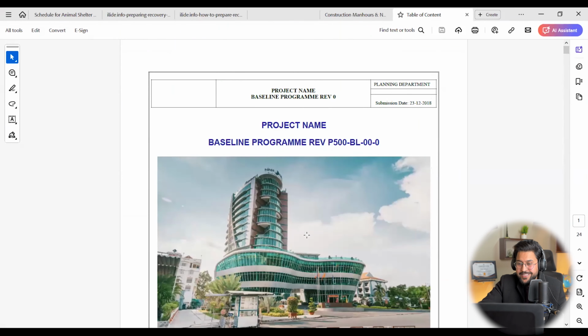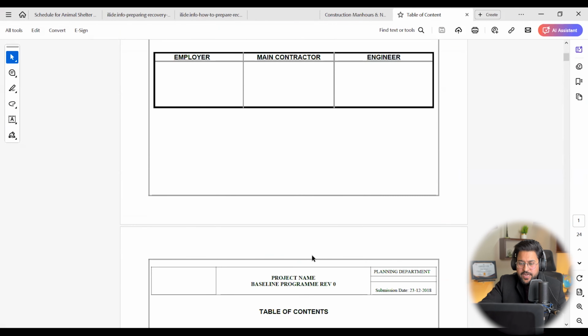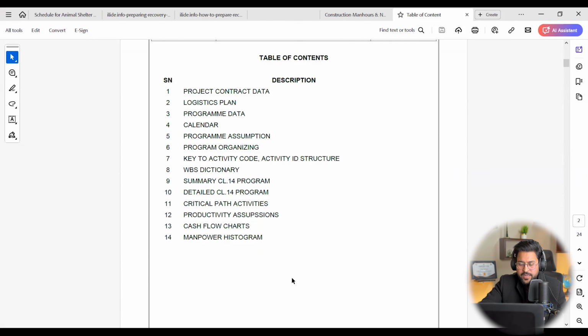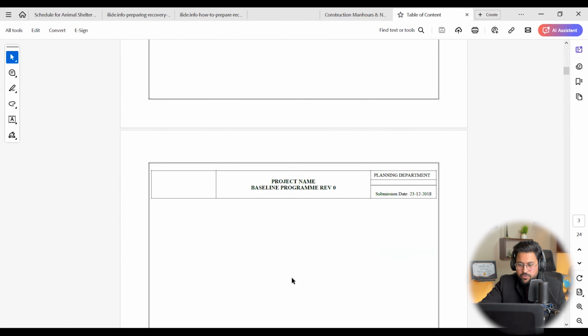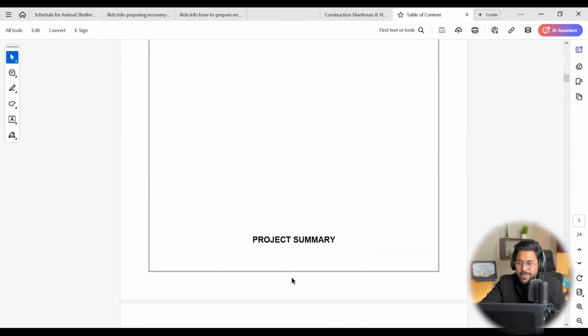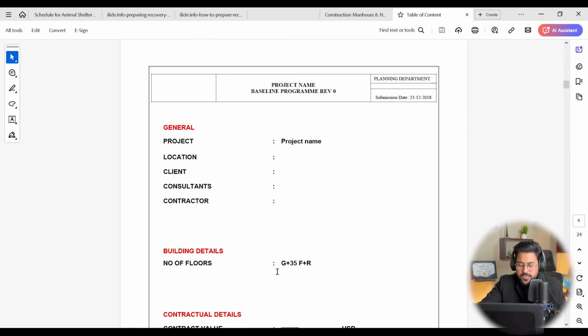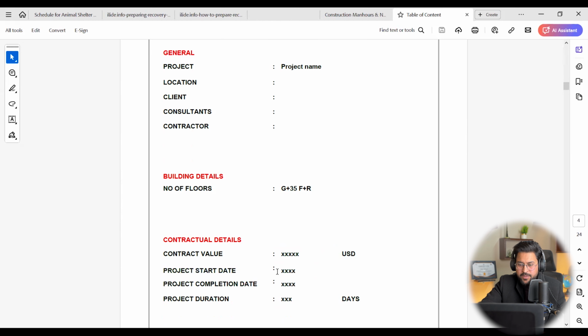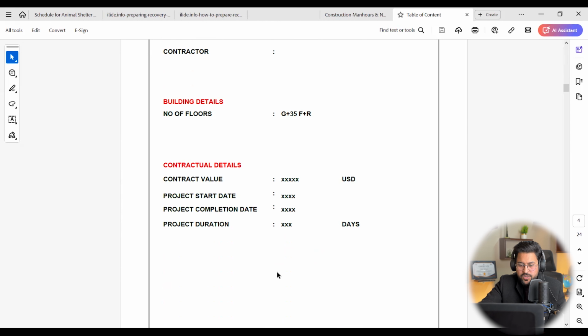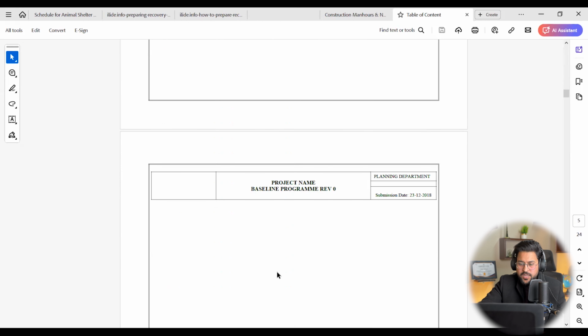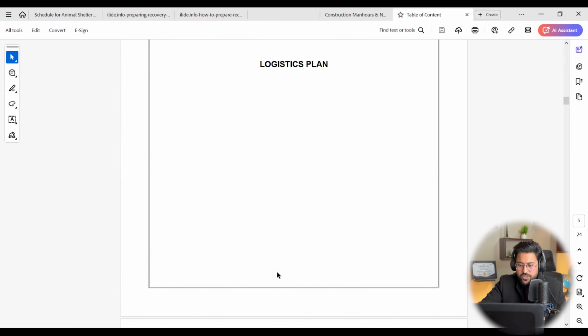So here we can see that there is a narrative report. Here we can mention the table of contents, like what we are going to describe in this report, because this report is going to give you the backend data, like the project sponsors' names, different project stakeholders, project name, project budget, project start date, finish date, currency,